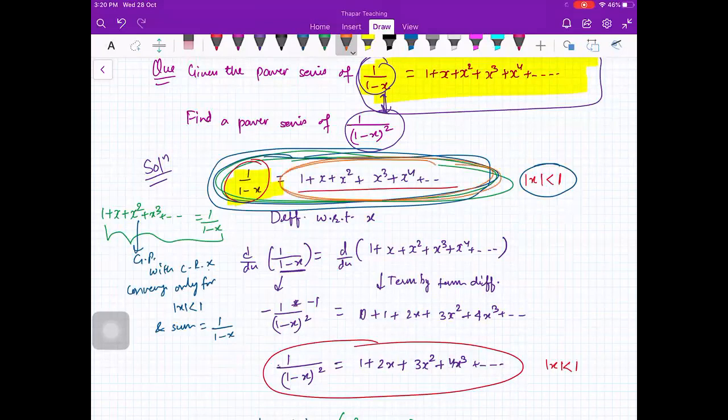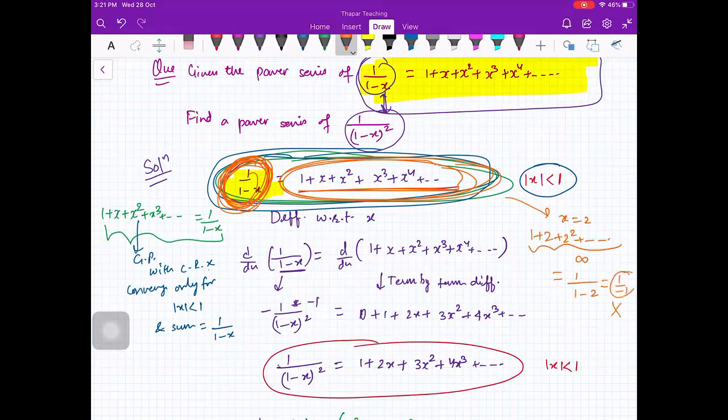You are writing this is equal to the sum. You are doing the sum. If the sum is infinite, how can you write like this? So x is equal to 1, it does not make sense. And x is equal to 2. This series, you see, at x is equal to 2, this series 1 plus 2 squared and so on. What is the sum? Infinite. And you are writing this is equal to 1 upon 1 minus 2. Can you do that? No.